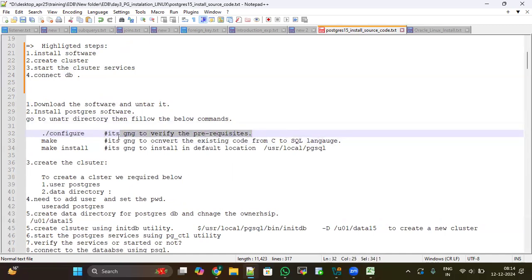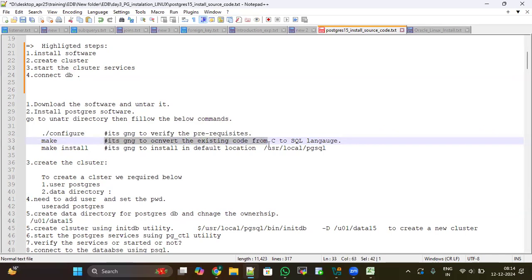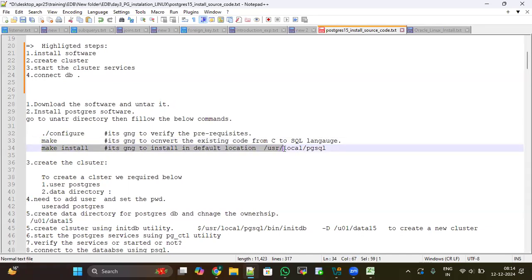If any prerequisites are missed, it throws the error. And also, when you give ./configure, by default, it's going to install the Postgres default location. Make is going to convert existing code from C language to machine language. In this step, the compiler converts the code. Make install is going to install in the default location. So these are the steps we have to perform for installing Postgres software